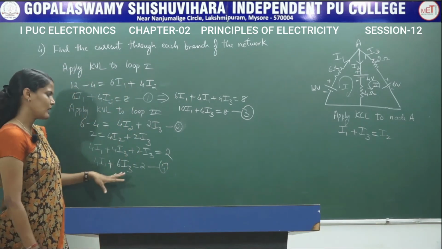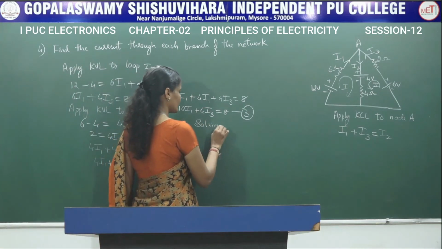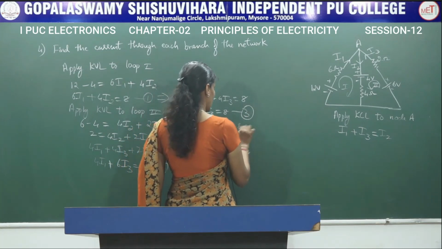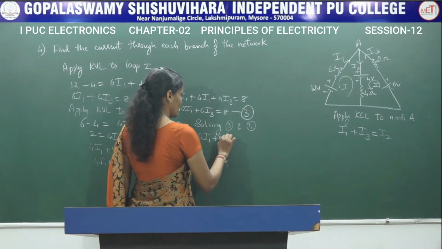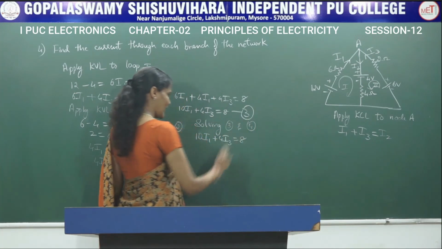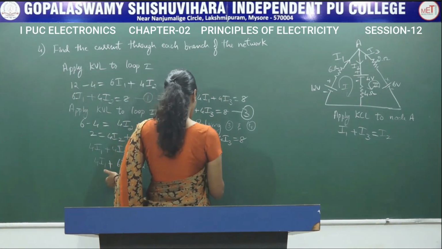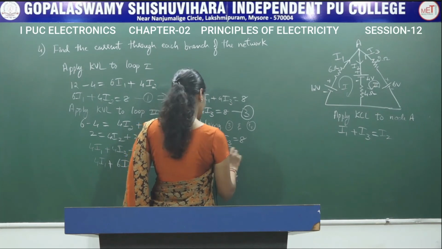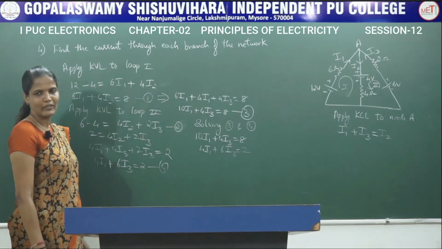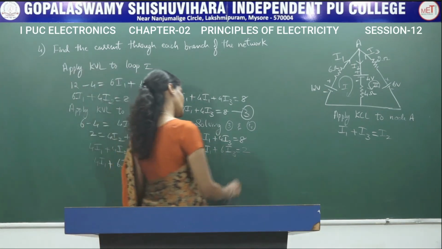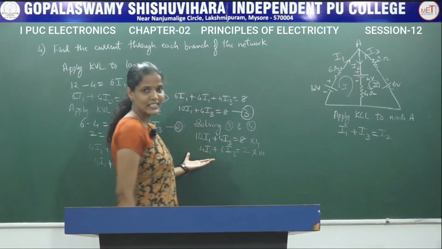Now, we have to solve equation 3 and 4. Solving equation 3 and 4, we are going to get 10I1 plus 4I3 is equal to 8, that is equation number 3, and equation number 4 is 4I1 plus 6I3 is equal to 2. So, what can be done over here? You have to multiply the first equation with 4 and the second equation with 10 in order to cancel this